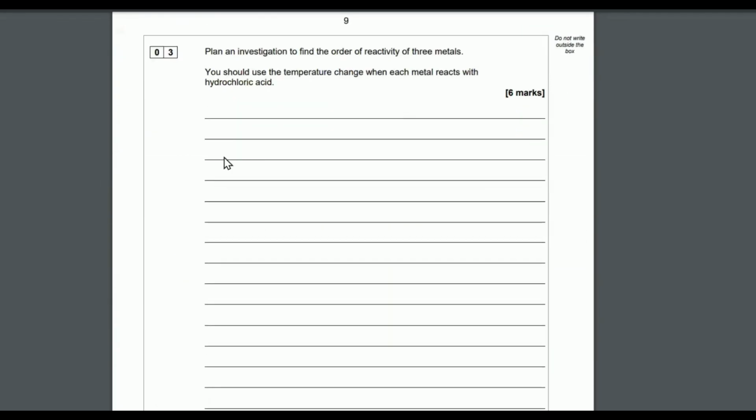Okay, we've got a 6 mark question here, so let's have a little look at it. Plan an investigation to find the order of reactivity of 3 metals. You should use the temperature change when each metal reacts with hydrochloric acid. So what we're looking at here,